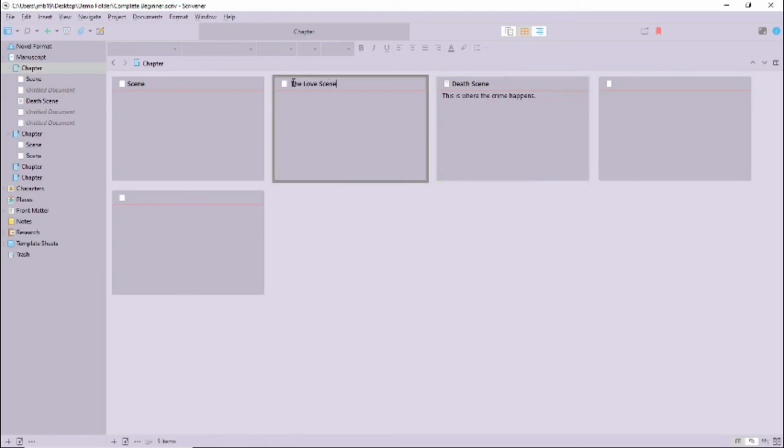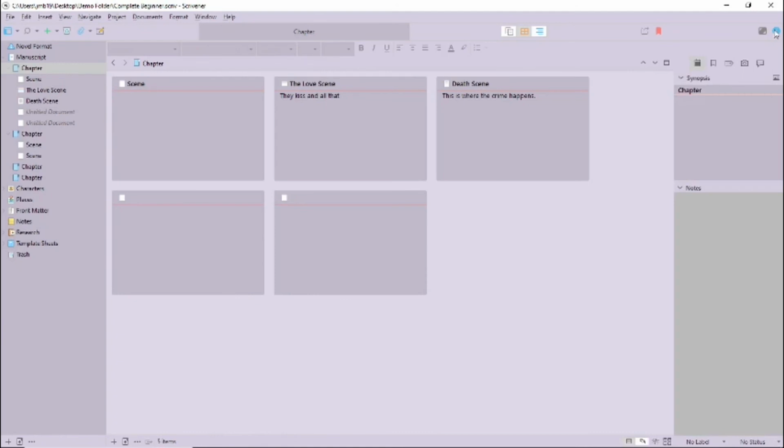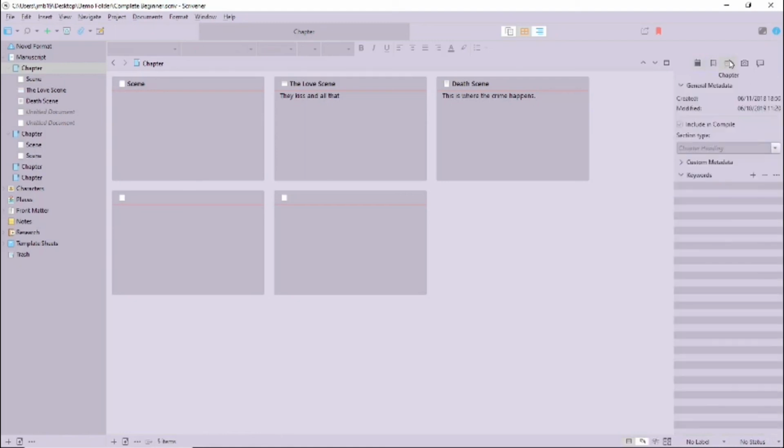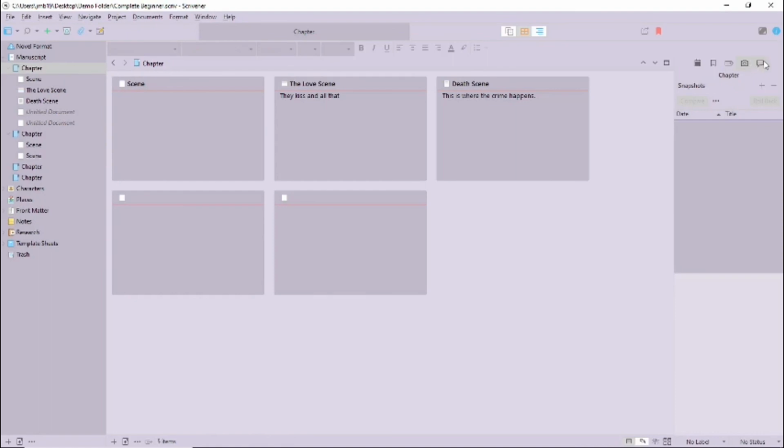So, those are the very basics of getting started in Scrivener 3. But there's one other thing I want to show you, although I'm not going to go into the details here. You'll hear me talk about something called the Inspector in other videos. This is accessed by the eye icon in the top right corner, and brings up another panel that covers various more advanced features. If you ever hear me say Inspector, that's where you should go.